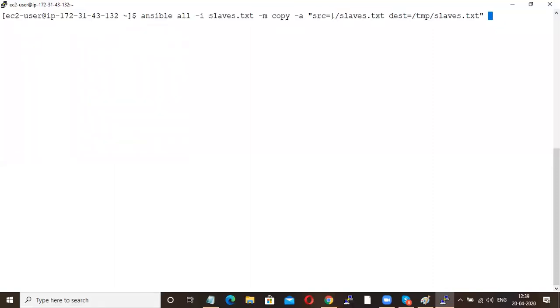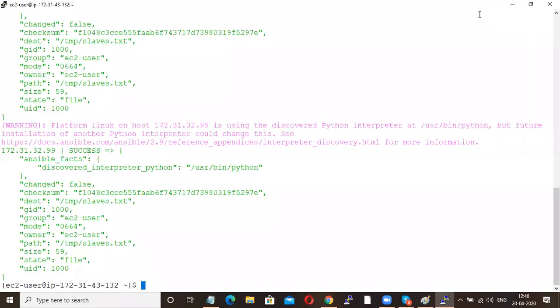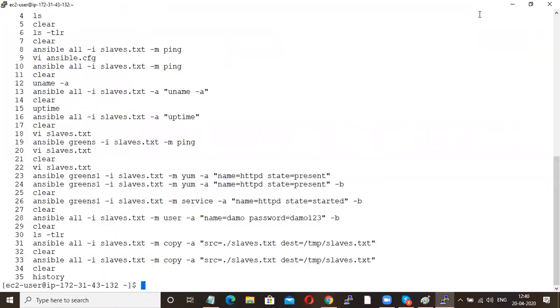Dot is current directory. In current directory you will have slaves.txt file that should be moved to destination, to the temp folder of my slaves machine as slaves.txt. Done. So these are all ad hoc commands we have seen.